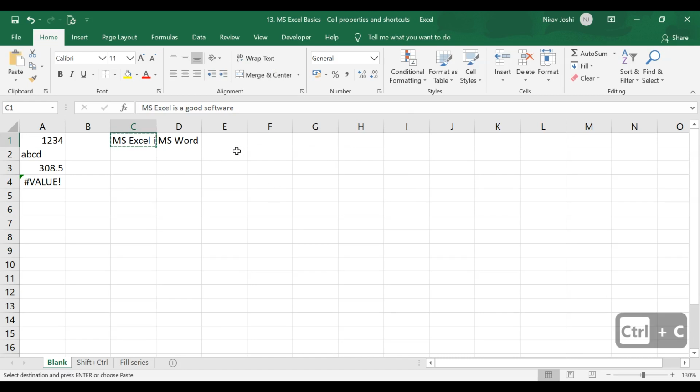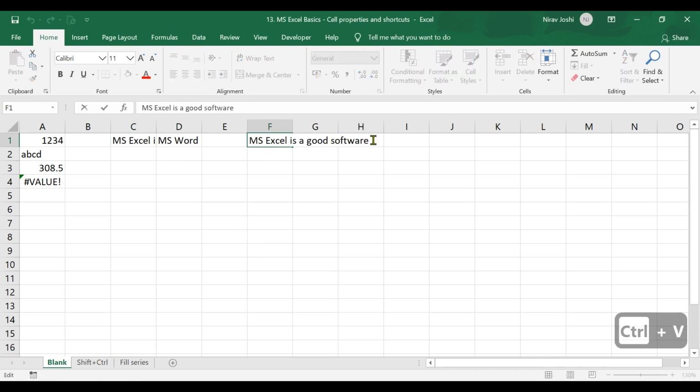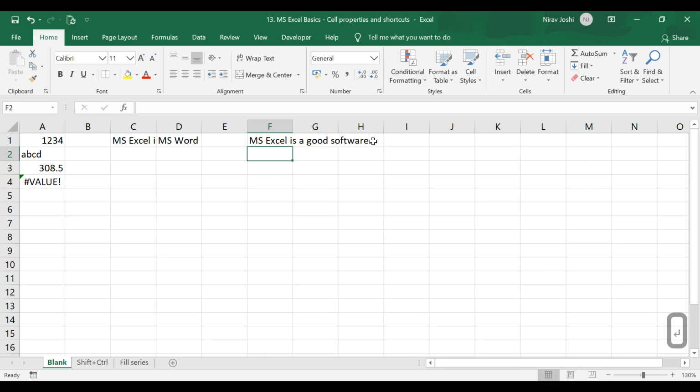Now to understand another shortcut, I am copying the content of the C1 cell into another cell, and what I want here is to add a new line as a fresh sentence, as we do in Microsoft Word by pressing Enter. But if I press Enter here in Microsoft Excel, it will go to the next cell in that column, that is cell F2, rather than entering a fresh line.